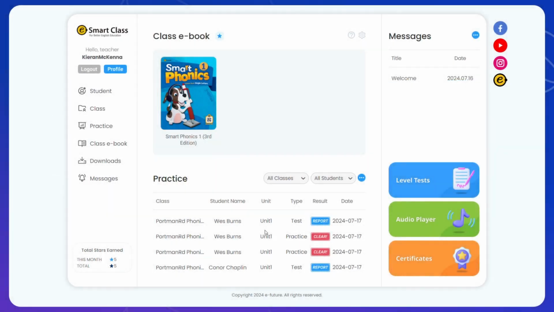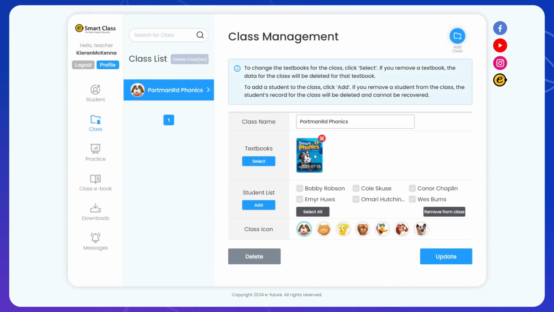So today we're going to be looking at the practice section of the teacher's page and how the teacher can use it to work with their students. If we look on the home screen, you will notice a couple of things. Because we created a class, the student books that we are using, the class ebooks, exist on the main page now. To do that, we look at the class, so we look at the books here, we go to